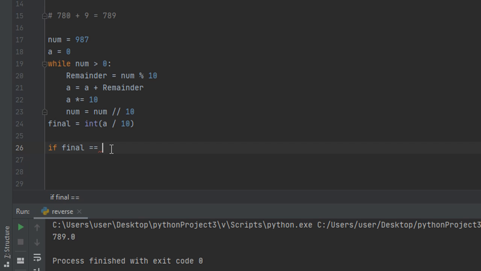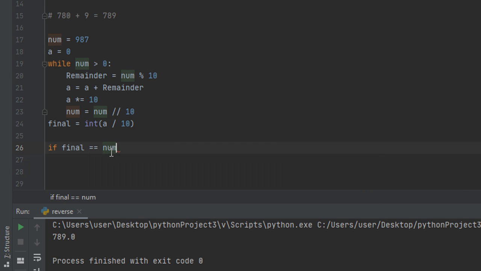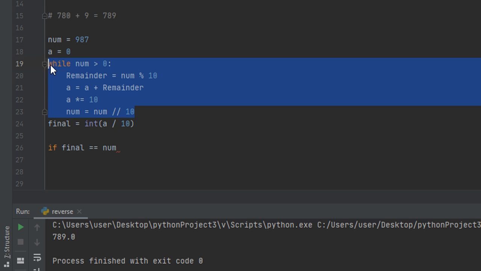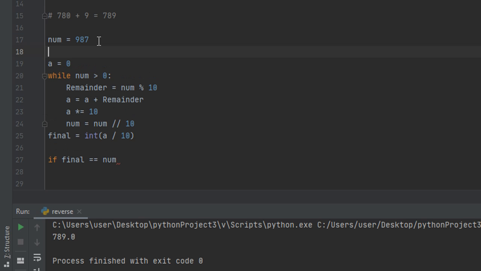But here the value of num is 0, because after looping this, the last value of num is 0, and that is the reason why that loop is not executing once more. So we want the duplicate of this num, so I'm creating dup num and assigning num to that. So if final is equal to dup num,